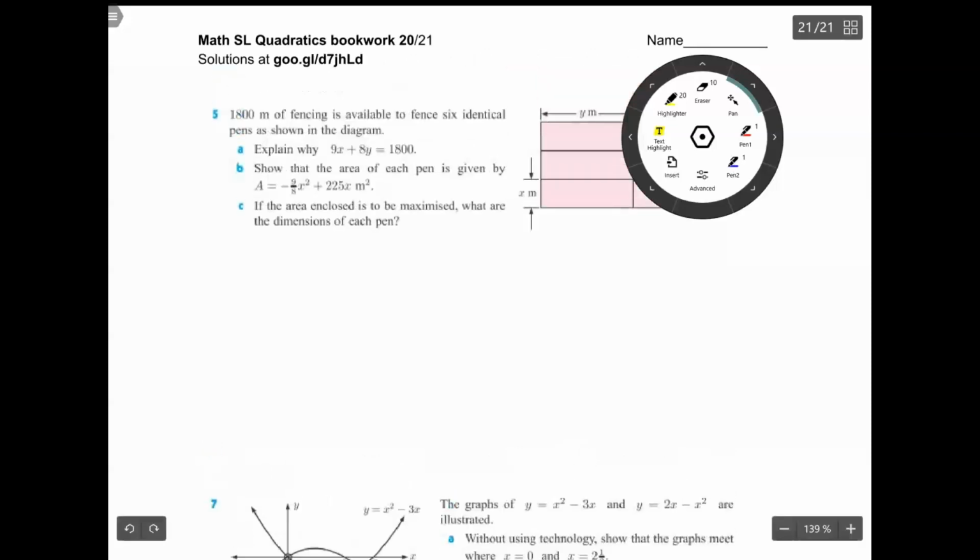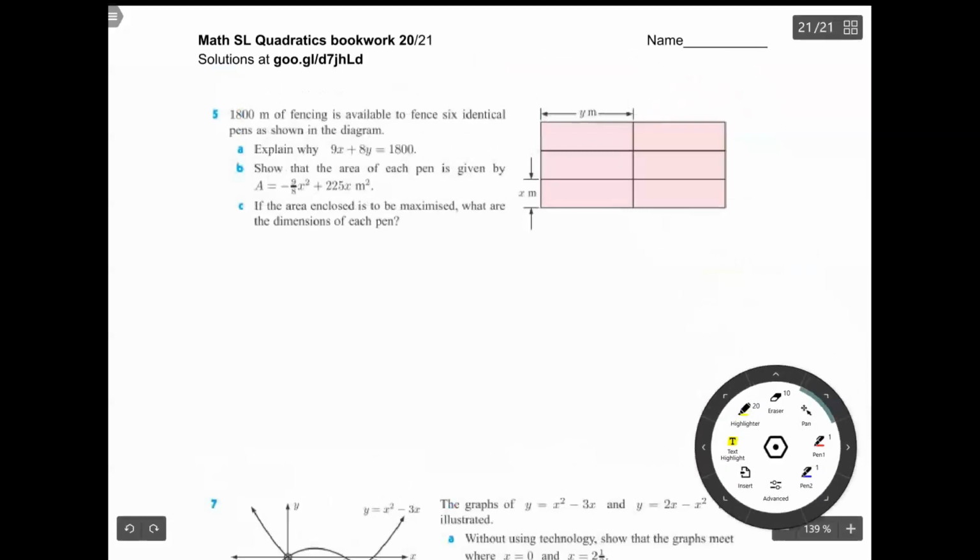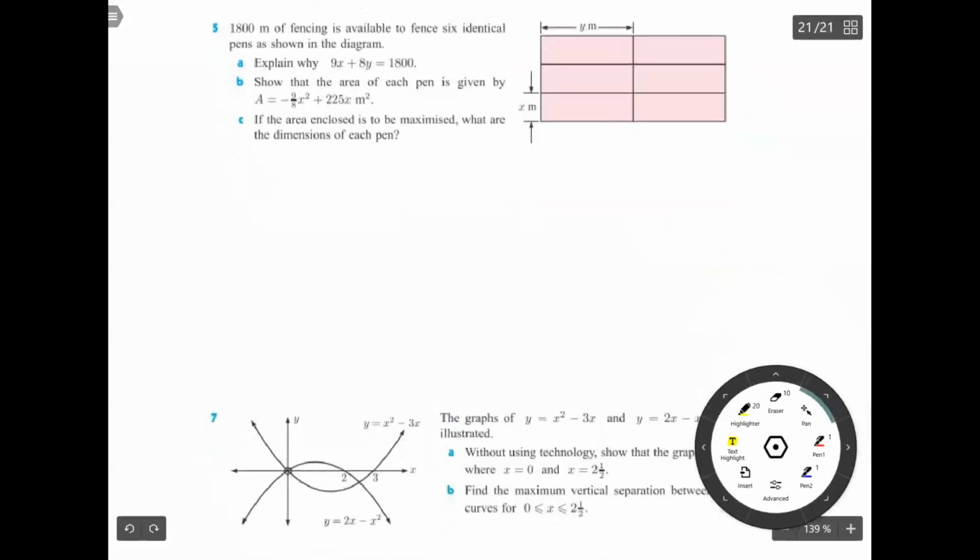Okay, number 5 on page 20. So you have 1,800 meters of fencing available to fence 6 identical pens, as in the diagram. Explain why 9x plus 8y equals